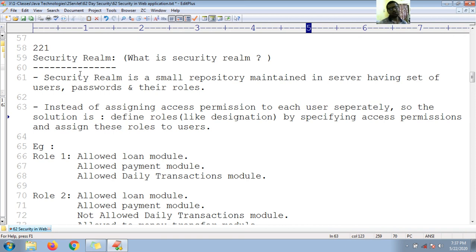It means I don't want to assign permissions and roles separately or individually.